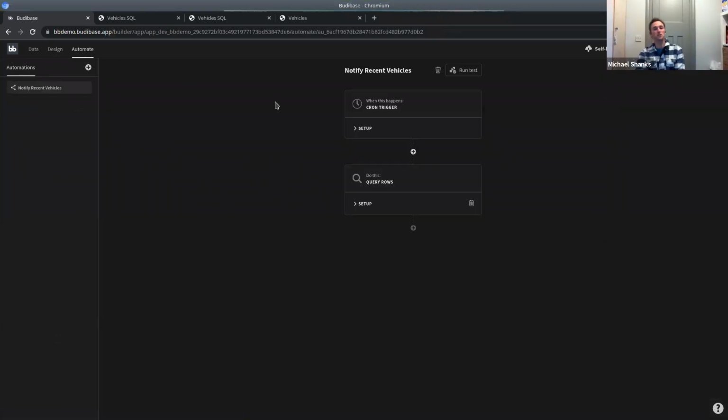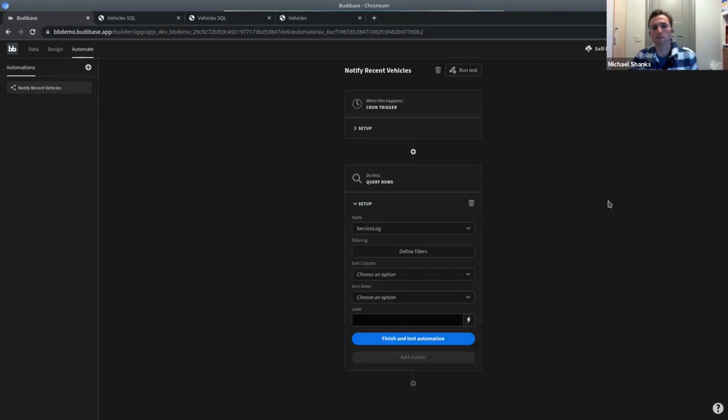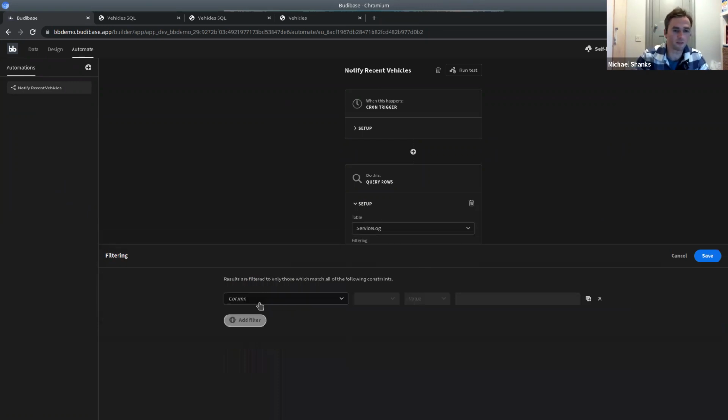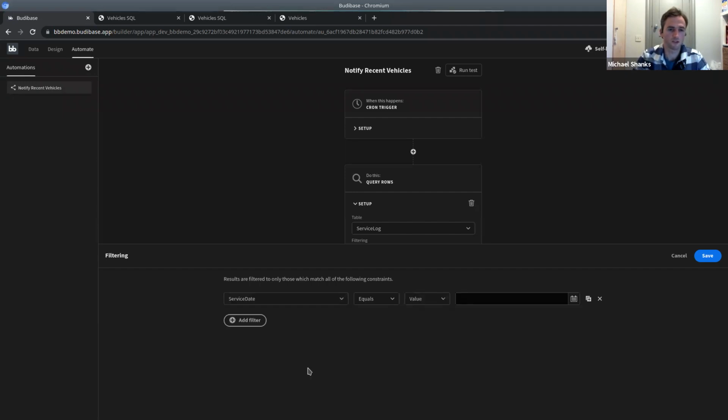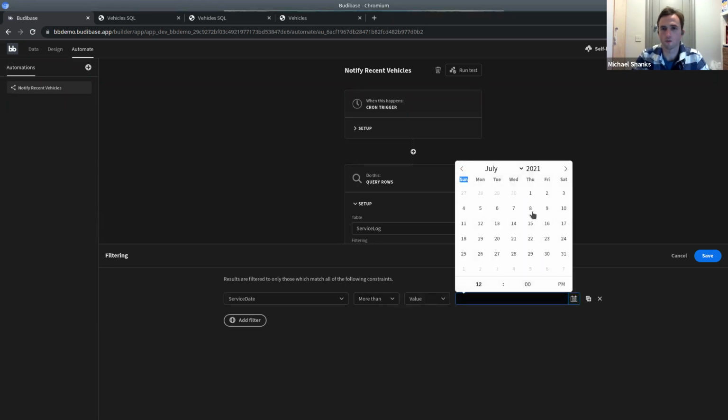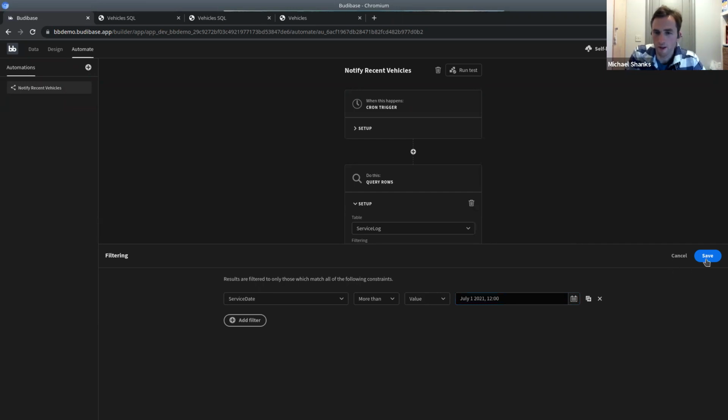Yeah. So you can do a bunch of stuff in these actions. Okay, so I think I was being a little unimaginative when I was trying to think of the things you can do here. So let's pull some rows out of our service log table. I didn't describe what service log is, but it is a table with data. In this instance, I'm going to say, give me all the service logs with the date that is more than, I'll just put a value in. I'll go way back. I'm not sure what's in there, but